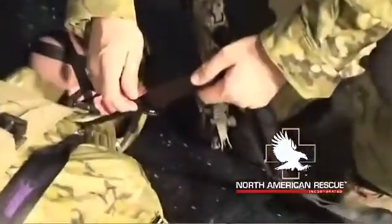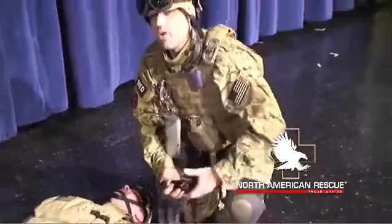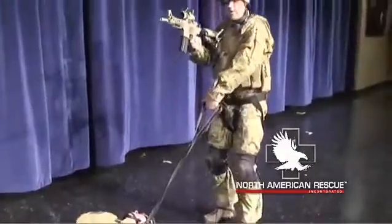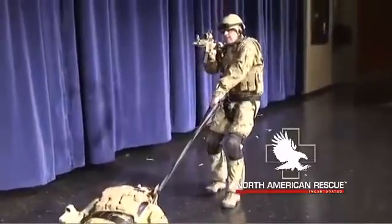What we want to be able to utilize when doing this is things that we can perform under survival stress. Being able to click a carabiner onto itself is something that we can do after we lose fine motor skills or complex motor skills. At this point, if it's by myself, I will now stand back up, straight up, lean back, allowing my weight to help start to move this patient, bring my weapon system up, and start to extract